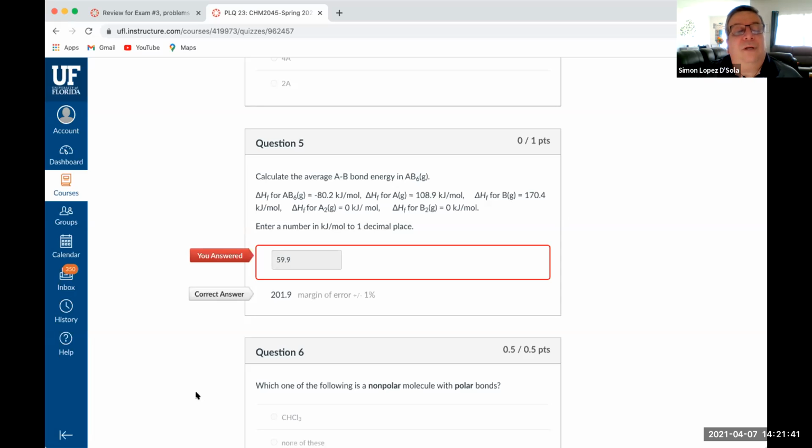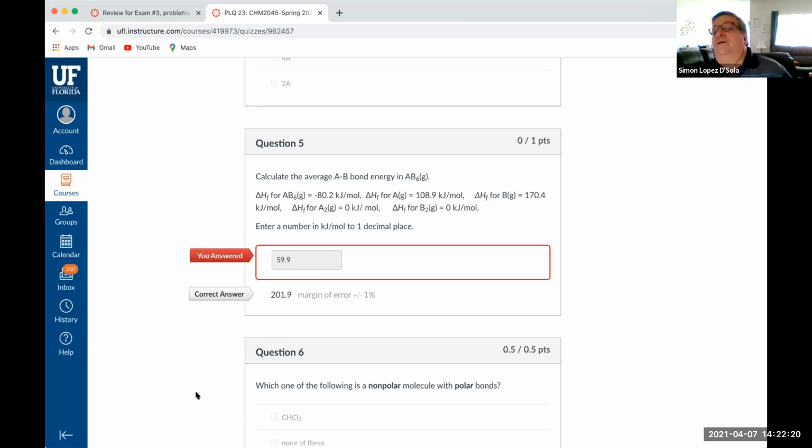So what to do? In this case, you have the delta H of formation for AB6, which is that one. And we have the delta H of formation for A, which is that. We have the delta H of formation of B, which is that one. And you have the delta H of formation for A2 and for B2, which is 0 for those cases. So if we calculate that in the simple way,